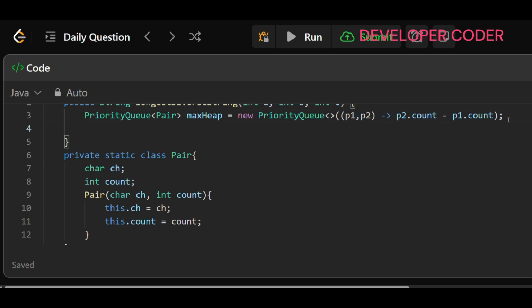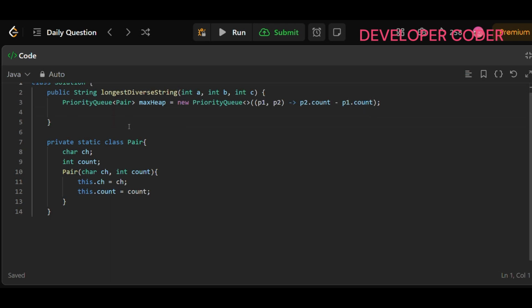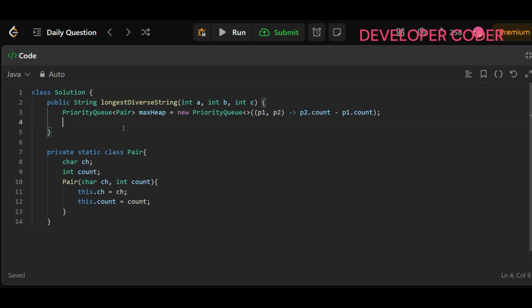Come here now, minimize the screen a little bit, format it. So now we are here. We have created a priority queue. Inside this, first we created a max heap to store the counts of a, b and c. Then we have to add all the characters with their counts, right? So here I'm just going to write: if a is greater than 0,